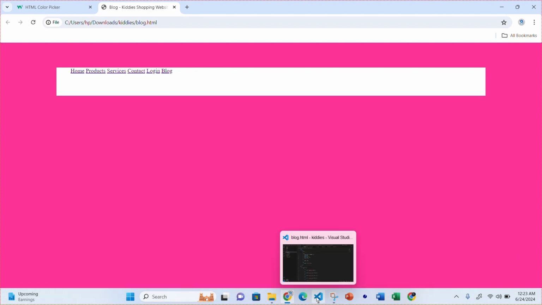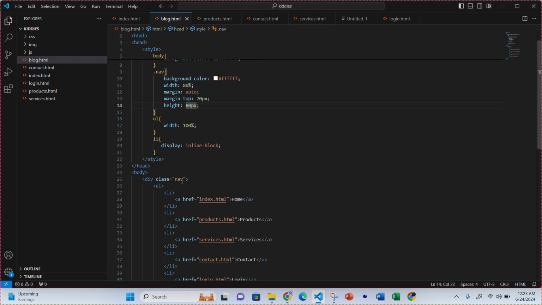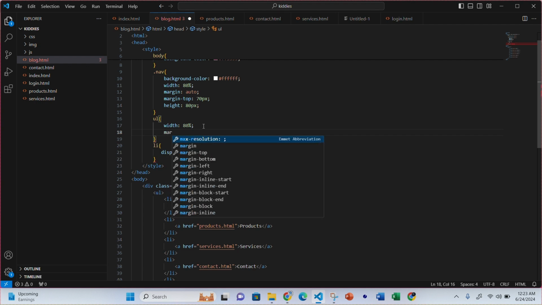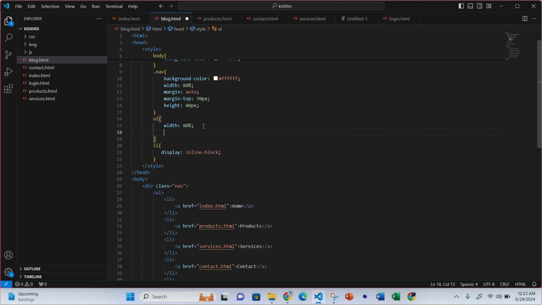Good. And then I'm going to center the elements that are in my nav. So I'm going to come here and I'll give my UL, or rather, I'll take out this width of 100%. I'll give it a width of 80. Okay, and I'll give my UL margin, or even without the margin auto,